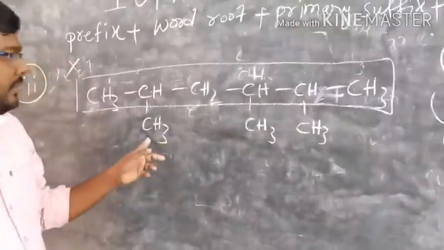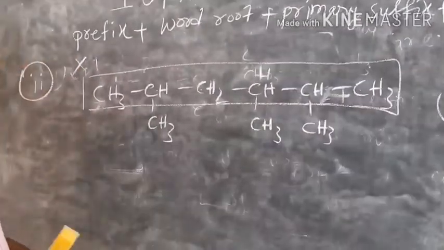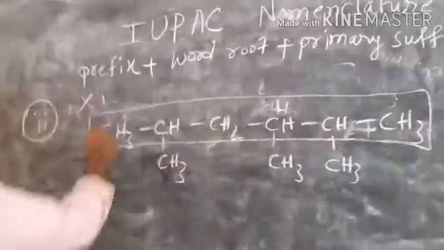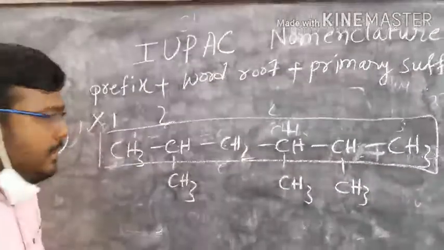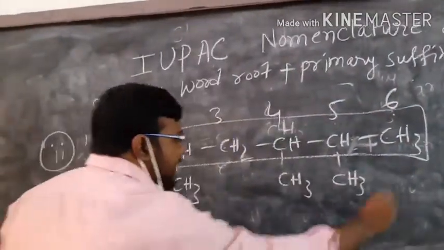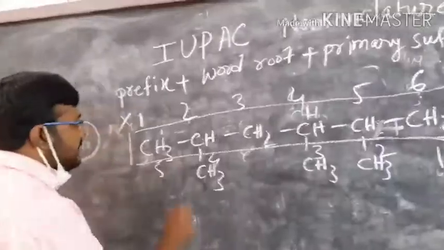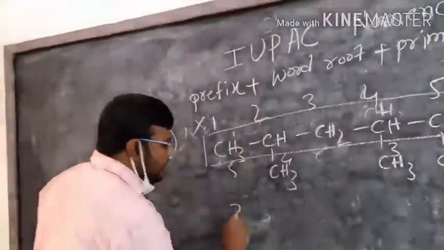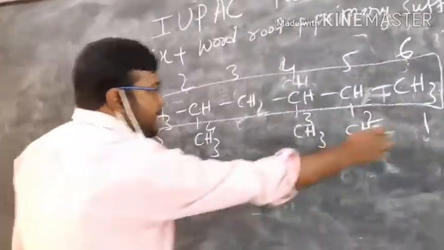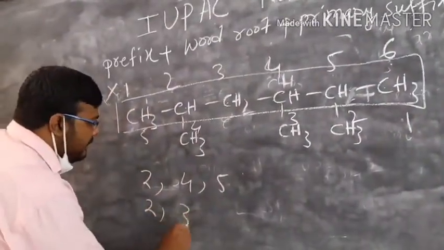1, 2, 3 same substituents. Although 1, 2, 3 sets of substituents are present, they are at different positions. And here we have to follow the lowest set of locants rule for the numbering. Let us start numbering from this side. Then what happens you see? 1, 2, 3, 4, 5, 6. And if you start from this side, the sets of locants are coming. For the first one, the set of locants are what? 2, 4, and 5. And if we consider numbering from this side, then what set of locants are coming? 2, 3, 4.